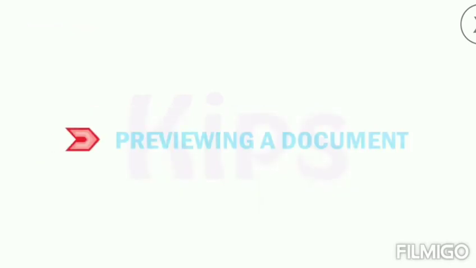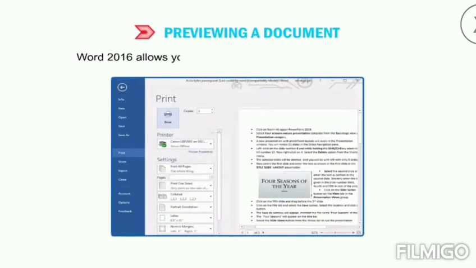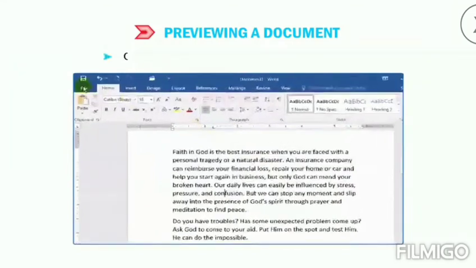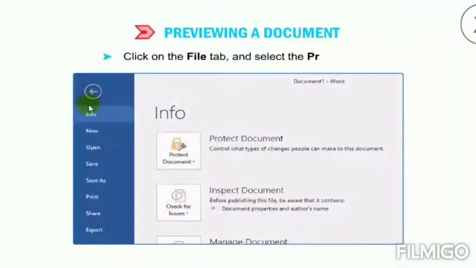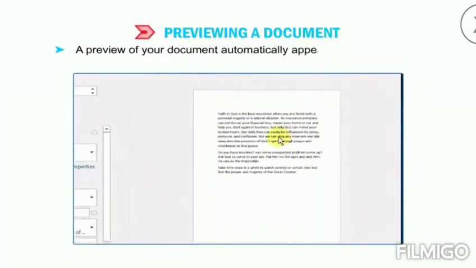Okay students, let me describe to you how to preview a document. Word 2016 allows you to preview the document before printing. Follow the given steps to preview a document. Click on the File tab and select the Print option. A preview of your document automatically appears on the right side of the Word window.